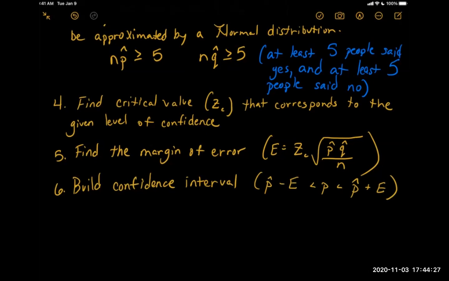Now, hopefully you have been in this statistics class long enough to realize that we are absolutely not going to do all of this math. I want you to understand what is happening, but we are definitely not going to whip out our pencil and paper and our slide rules and actually do this math. In fact, we're not even going to go find the critical value. Instead, we are going to use statistics software to do that for us. If we had a graphing calculator, like a TI-84 or a TI Inspire, those will do it for us. But our favorite website we use for statistics, StatCrunch, will also do it for us.